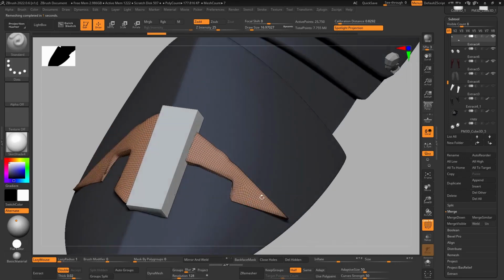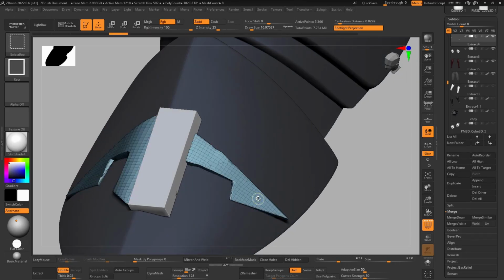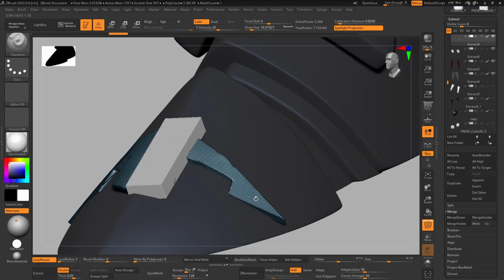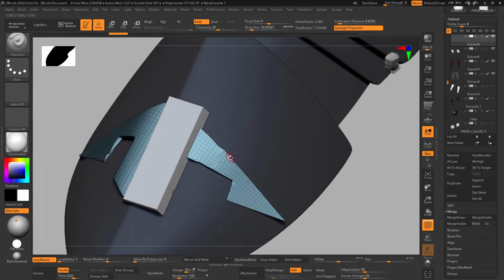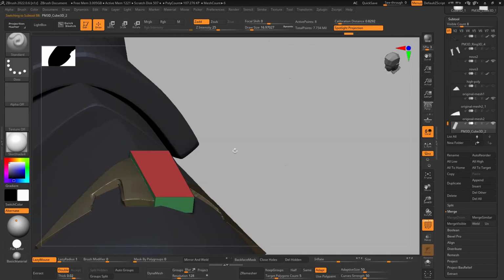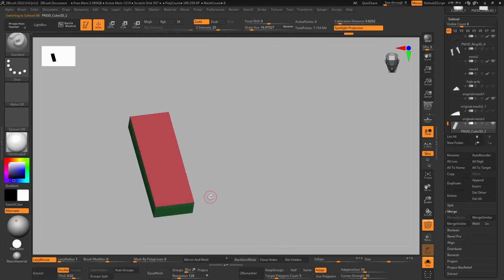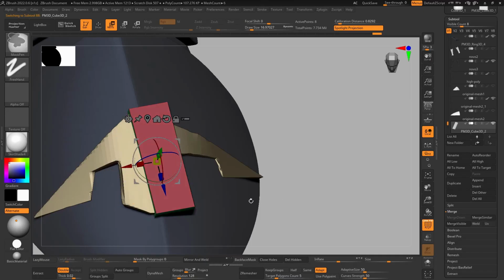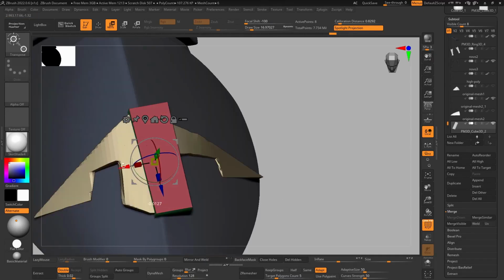I think I need to duplicate that. Well, I will try to do it with this cube here. So you select this part, invert, and try to keep this same design. Let me check